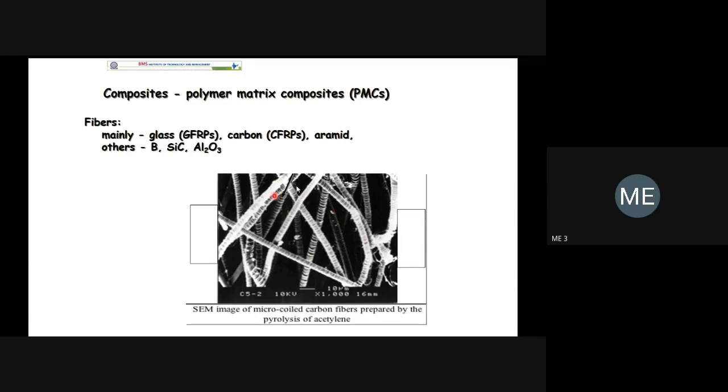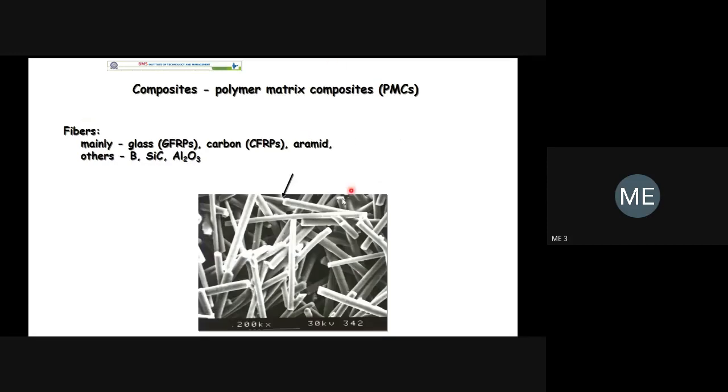In the microscope, you can see this fiber material, especially in the glass fiber reinforced composite, carbon fiber reinforced composite. If glass is there, then it is referred to as glass fiber reinforced composite or polymer. If it is carbon fiber, reinforced plastics. These are the fiber. The reason I am showing so many photos is that when you're reading the books or notes, you should imagine what is fiber. These are the silicon carbide fiber or aluminum fiber.